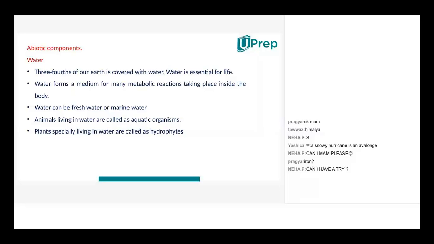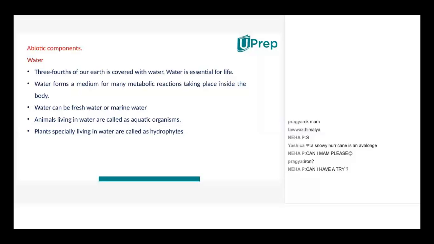Three-fourths of the earth is covered with water. Water is essential for life. Water forms a medium for many metabolic reactions taking place inside the body. Water can be fresh water or marine water. Animals living in water are called aquatic animals. Plants specially living in water are called as